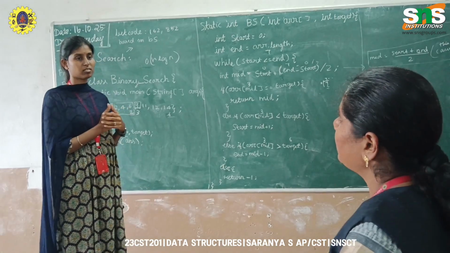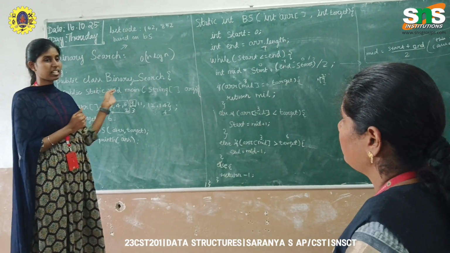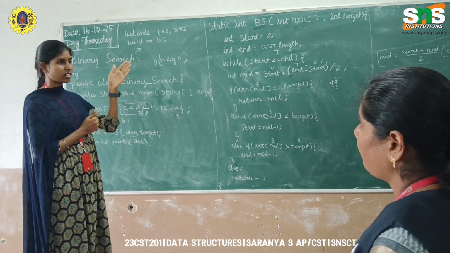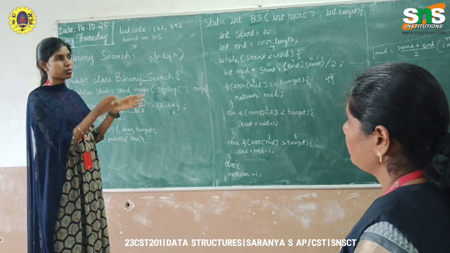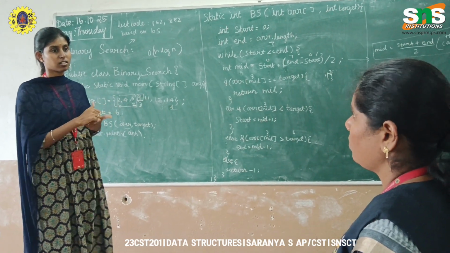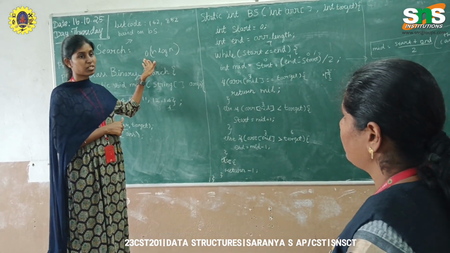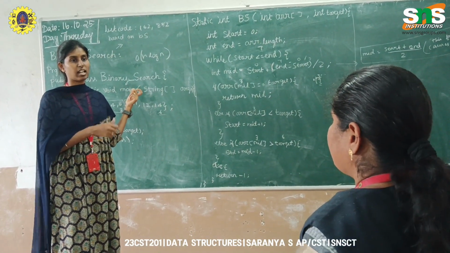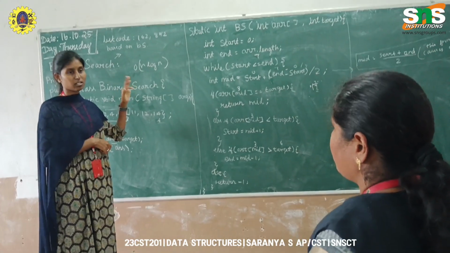Then how do you compare the linear search and binary search? Linear search goes by searching in linear sequential order, checking each element against the target, but binary search divides the array and compares the mid element with the target. So by this we don't need to search the unnecessary elements in it. So the time complexity decreases with binary search, but not with linear search. Linear search has big O of n time.